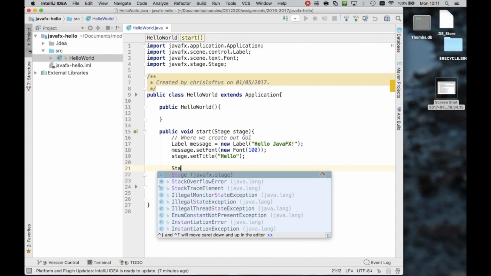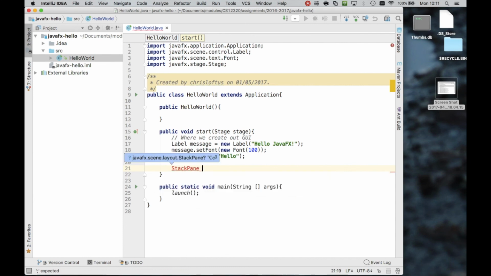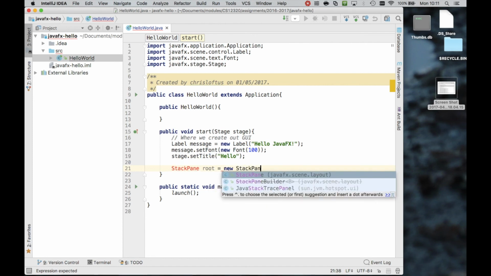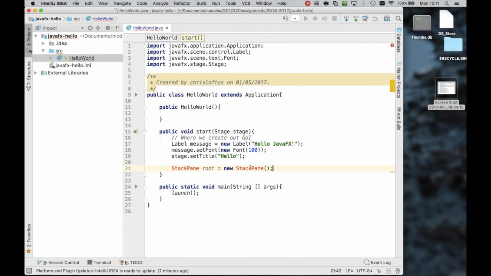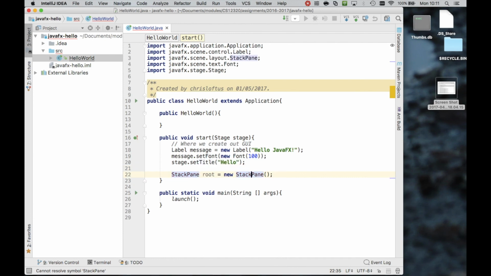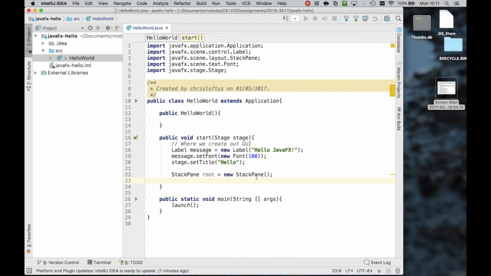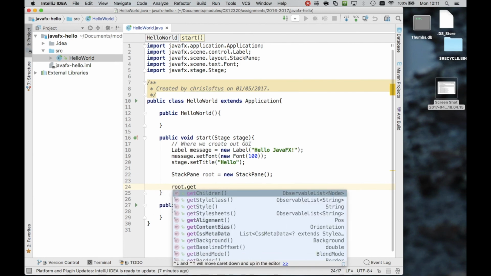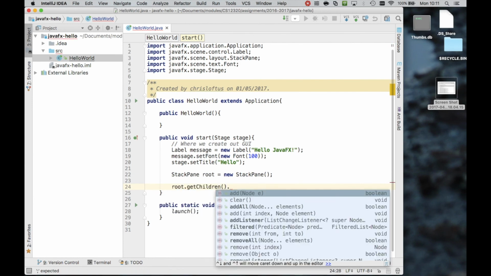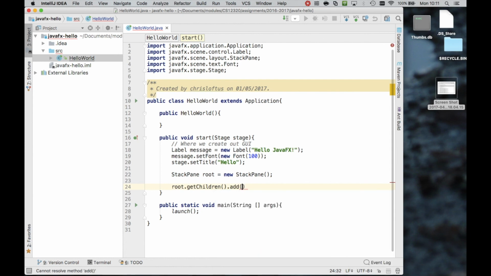And now we're going to create our stack pane. We'll just call that root. Like a stack of plates, one thing on top of another. New stack pane. Just use the default constructor there. Again, that's something else we're going to have to import. IDEs are wonderful, the way they just bring import statements in for you and do stuff for you. And now we can say root.getChildren, and then dot add the label message to the stack pane,